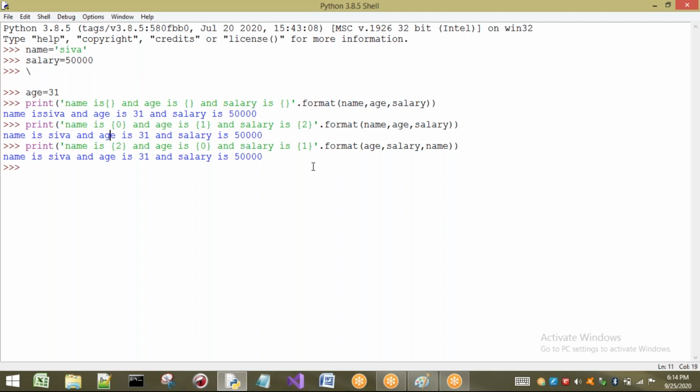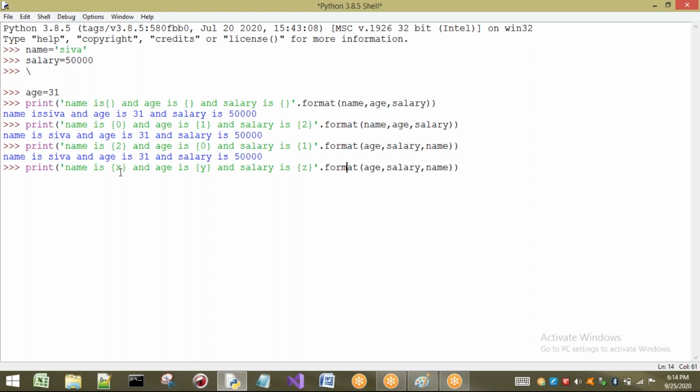Now I will show you about keyword arguments. That means here I am going to give some keywords and I will pass the arguments. So see here, same example. Just I will take X, Y and Z, some keyword arguments. Here I am going to write X, Y, Z. So here I have to specify what is meant by X, what is meant by Y, and what is meant by Z. If I had written 0, 1, 2, by default it can understand that the indexes are 0, 1, 2. But if I write X, Y, Z, you don't know what is meant by X, Y, Z. So I have to tell what is meant by X, Y, Z.